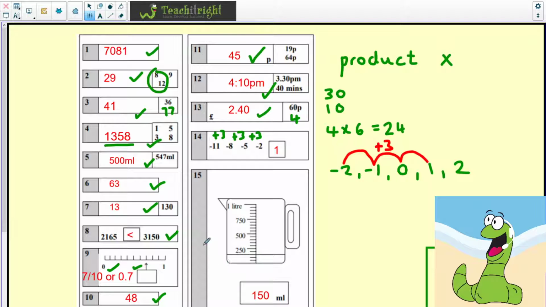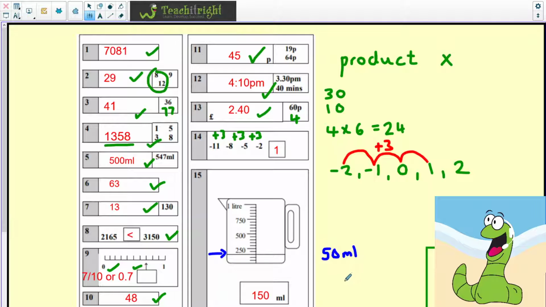Last question, we're looking at the jug, and it's important that you look very carefully, of course, at this line, and also working out how much they go up. So what's the difference between each of the gaps? So we've got 250, and if we count the gaps, we've got 1, 2, 3, 4, 5. So that means that each gap is worth 50